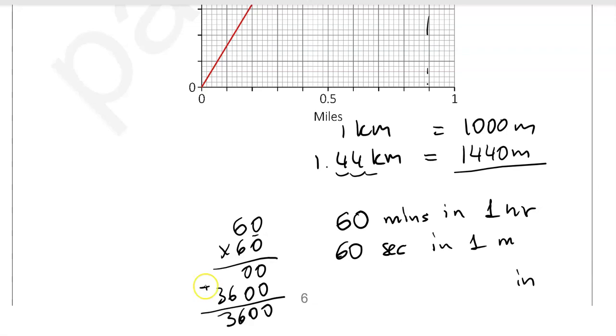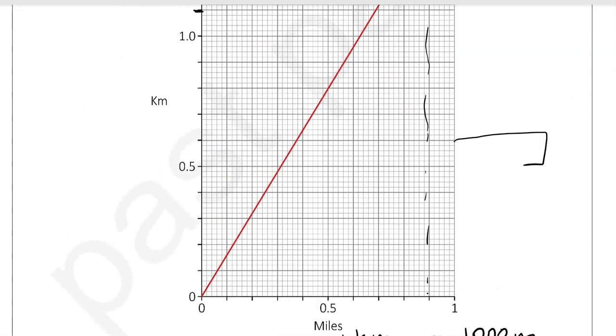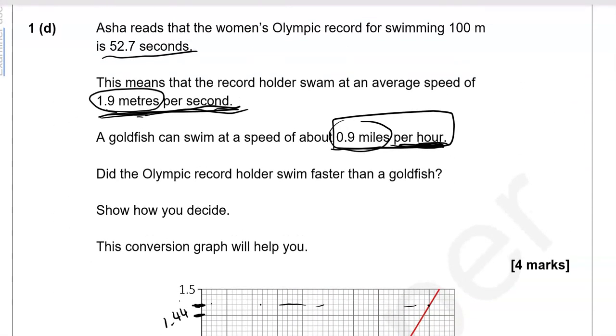So that is 3,600. So we've got the numbers that we need. 1,440. So what we've done, we've converted this and we've got